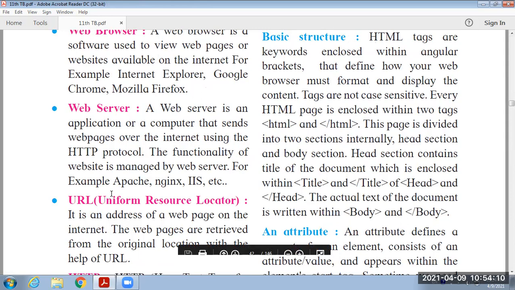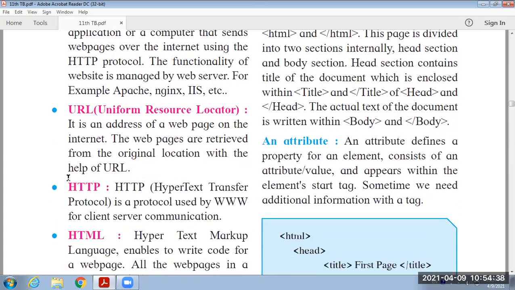Different web servers are the Apache web server, Nginx web server, IIS web server. Now these web servers have different functions. Currently we are not going in that direction. Just remember the names of the web servers as Apache, Nginx, IIS, etc. IIS stands for Internet Information Services.